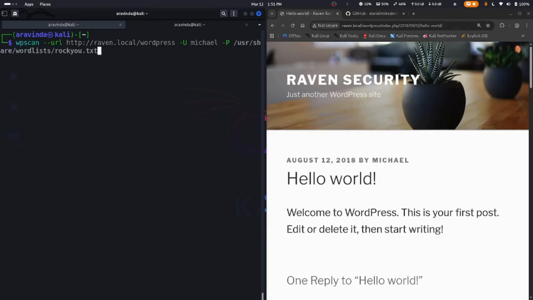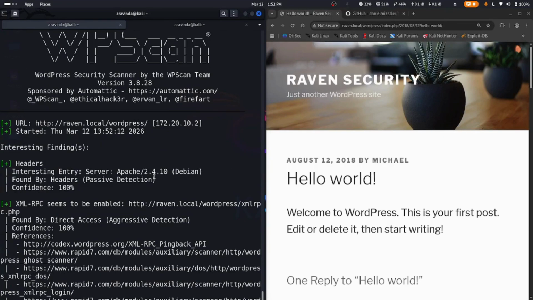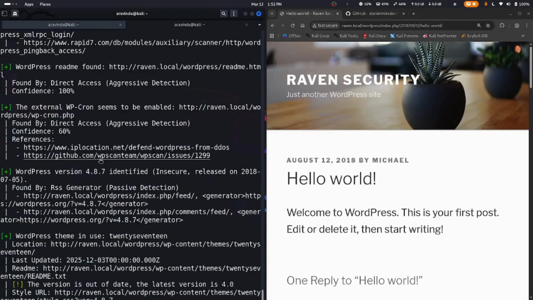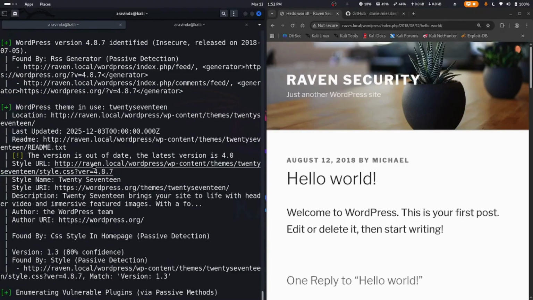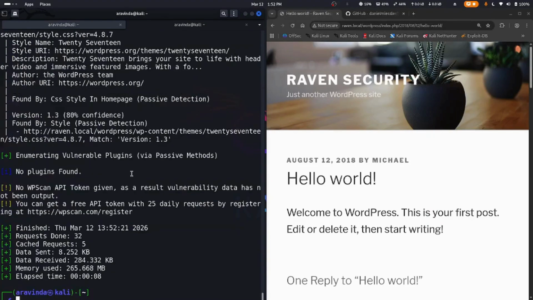So let's do wpscan --url, -u Michael and password. Before that, we enumerate the users and enumerate vulnerable plugins, and we hit enter. So you need to do a WordPress --update and then run this. This will find all the plugins that are installed. So 2017 is the vulnerable plugin which is installed,